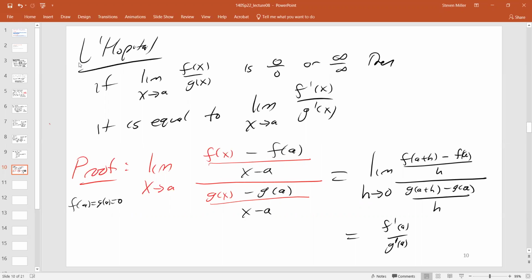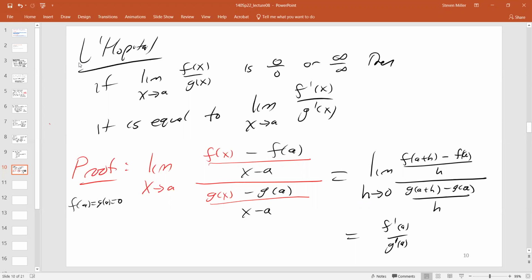What if f prime of a over g prime of a is 0 over 0? Do I kick the wall again in frustration? That would probably bring Professor Morrison over. So let's try to avoid kicking the wall in frustration. What would you do if you had 0 over 0? Do it again. And what would you do if you had 0 over 0 again? And so hopefully, eventually, you stop having to use L'Hopital, you no longer have 0 over 0,